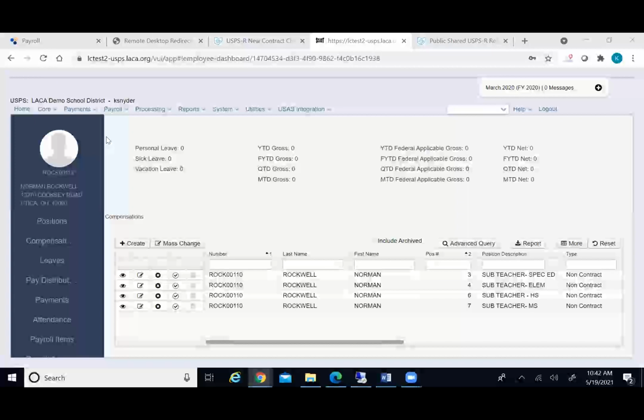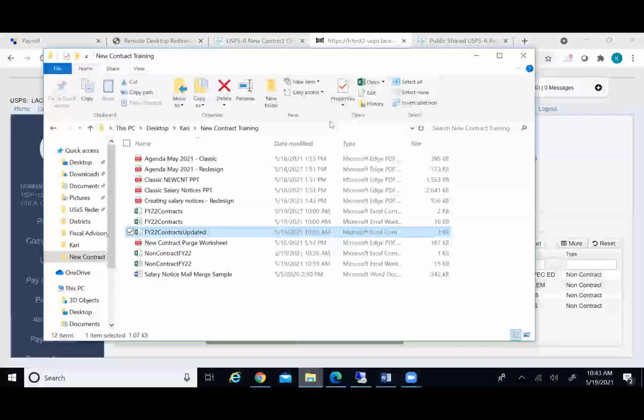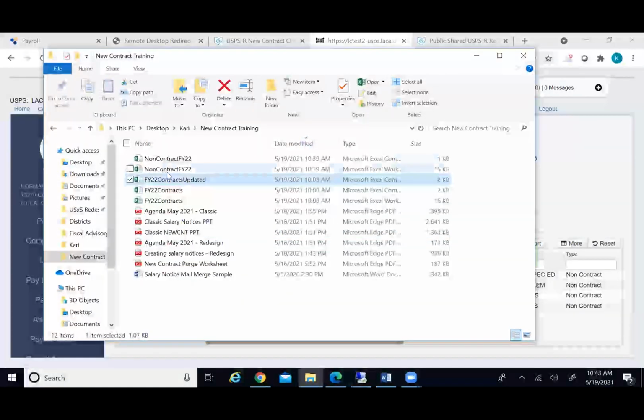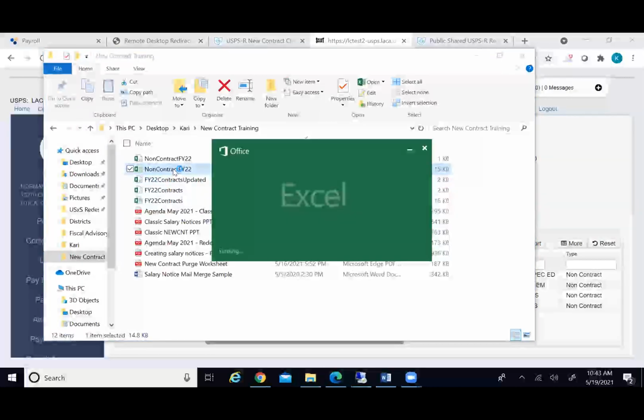The other thing that you want to think about is re-reporting all of those subs to ODJFS new hire. Because we thought about this at this point in time in Classic, I can show you a way that you can do that. If we go back and find that spreadsheet that we were working with from the non-contract records that we updated,